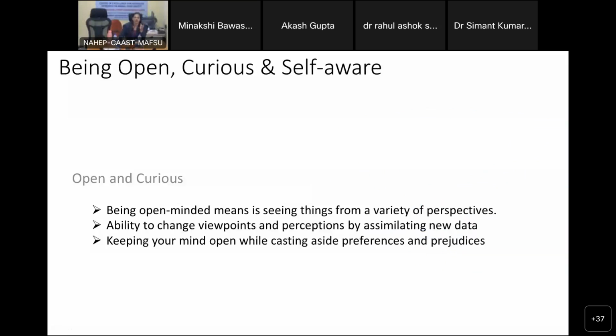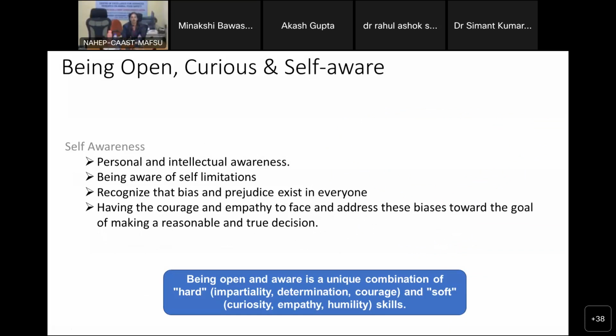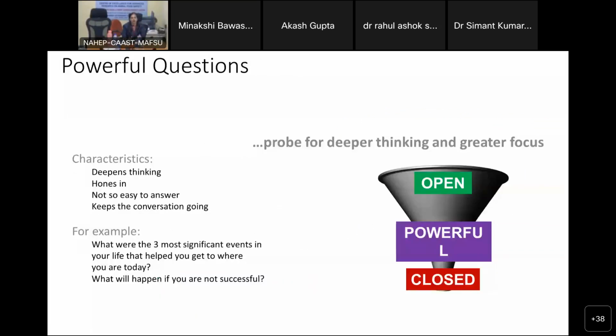So this is very simple to understand. Okay. Now, powerful question. Why do you have to have powerful questions? Unless your questions are right. So there are open-end questions, there are closed-end questions. There are various other types of questions also. That is altogether a different topic. But to just understand this, an open question is where the answer can be of any length. Okay. When we say closed questions, then it is yes or no.